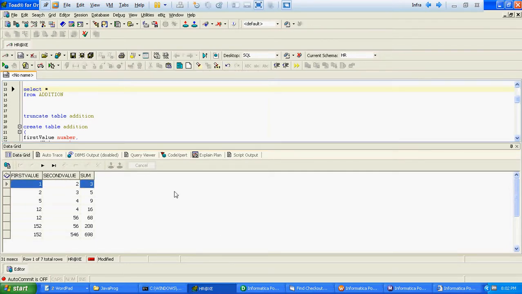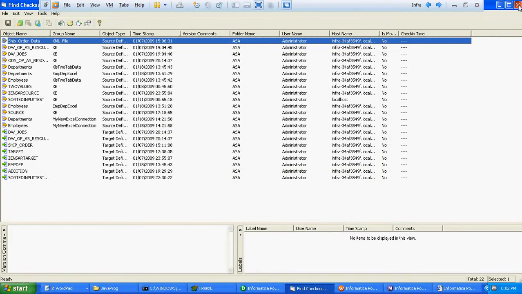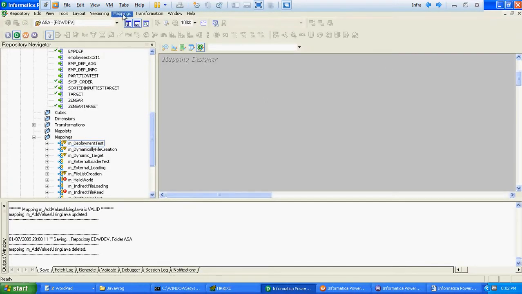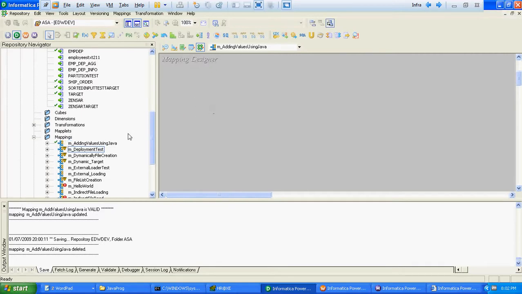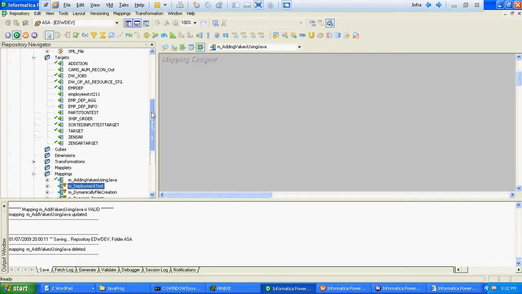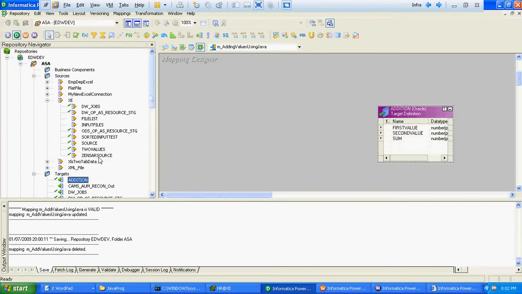So to start with, we will first create a mapping. We have already imported the source, so we will start with creating a new mapping using values in Java. Our target is addition and the source is two values.